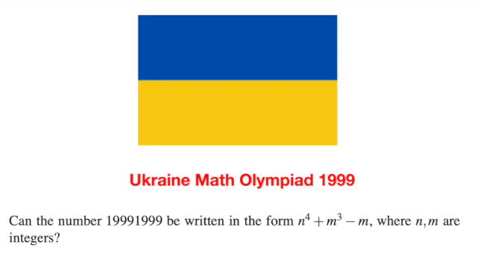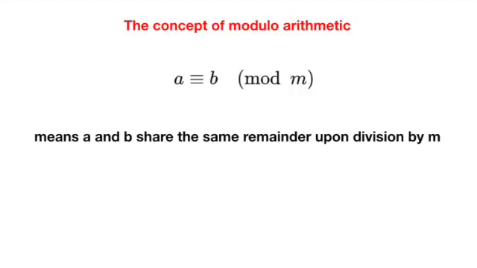integers. Questions of this form are often called Diophantine equations, a class of equations which admit integer solutions only. We would need to find all the m and n which satisfies the equation, or to prove that there isn't any of them. Before we solve the problem, here's a brief refresher or introduction to modulo arithmetic, if you haven't